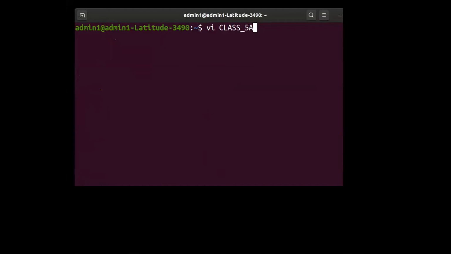Create a database file called class_5A. Write down in capitals the name of the file, class_5A, with the following information.